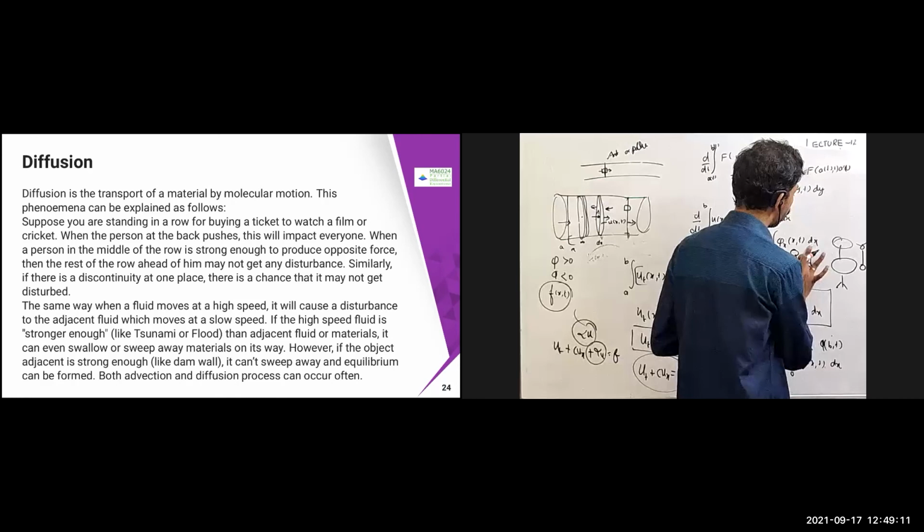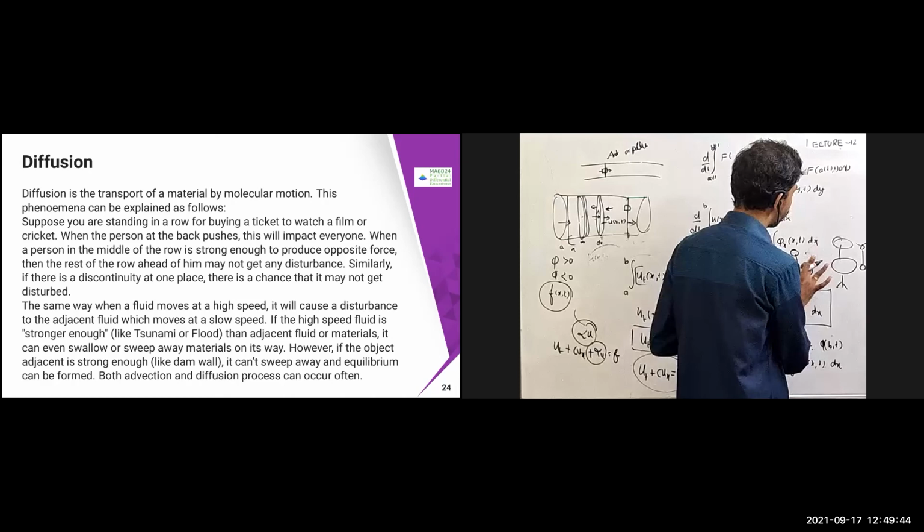When one end of the rod is heated, what is going to happen? The nearby molecules are agitated, so they get more heat. Once this molecule is agitated, consequently the nearby molecule will be agitated. It causes the adjacent molecule also to get agitated. But the flow is always from more agitated molecules. If you are heating here, there will be more agitated molecules here, whereas at this end, fewer agitated molecules will be there. So it will affect the nearby thing.